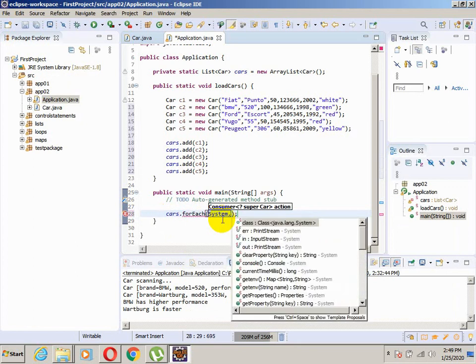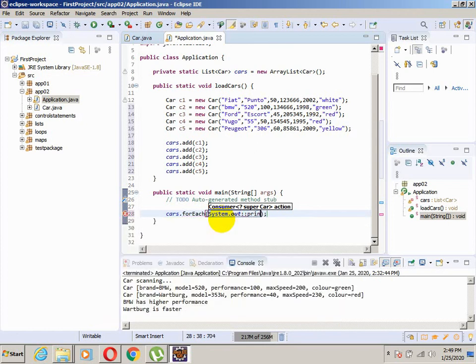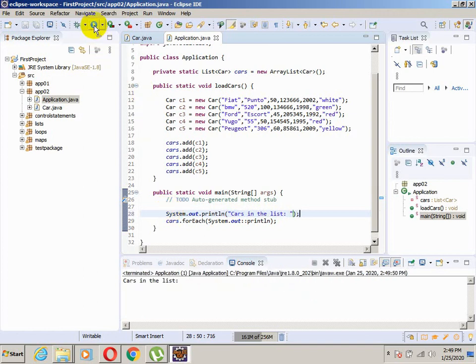System dot out print line, and let's try to print. We will also type System out print line, and we will type "cars in the list" to have some text. Now let us try to print, and as you can see, cars in the list, but